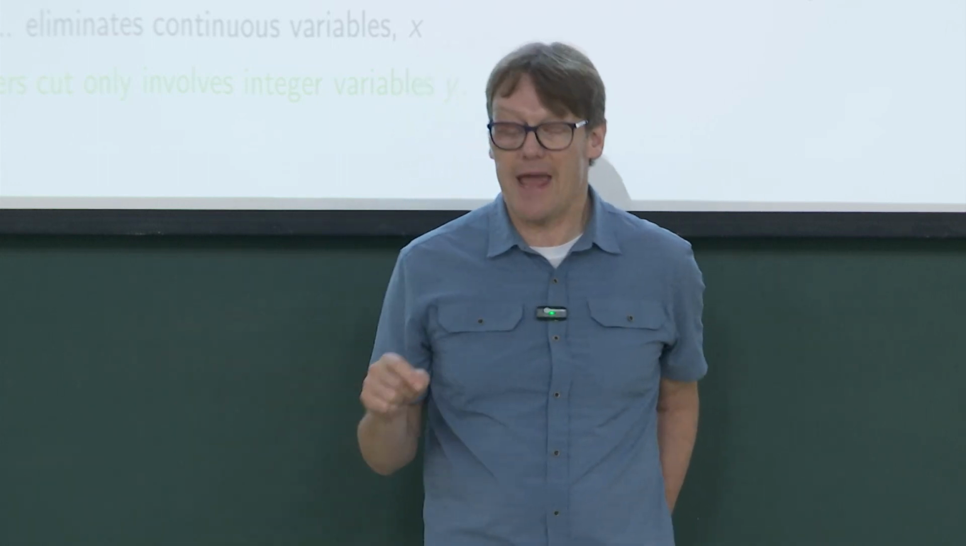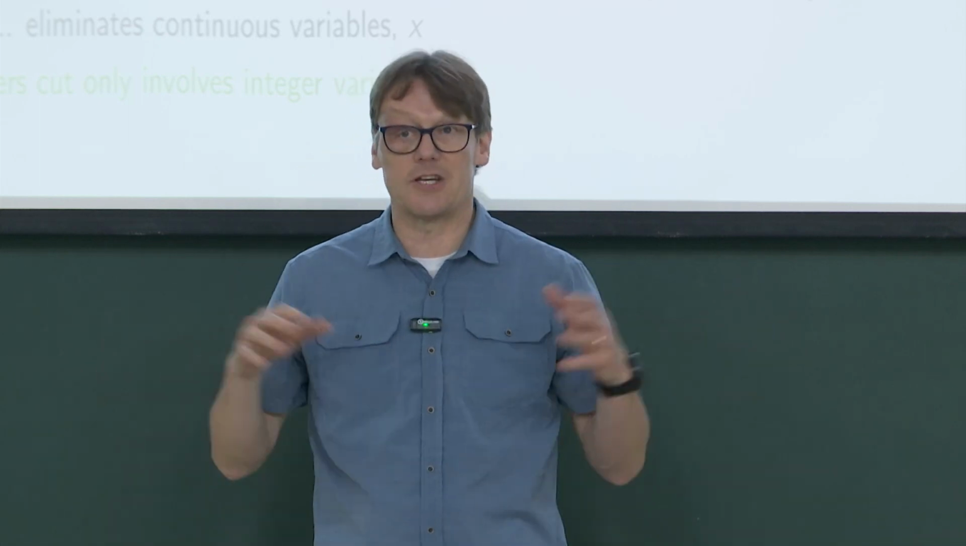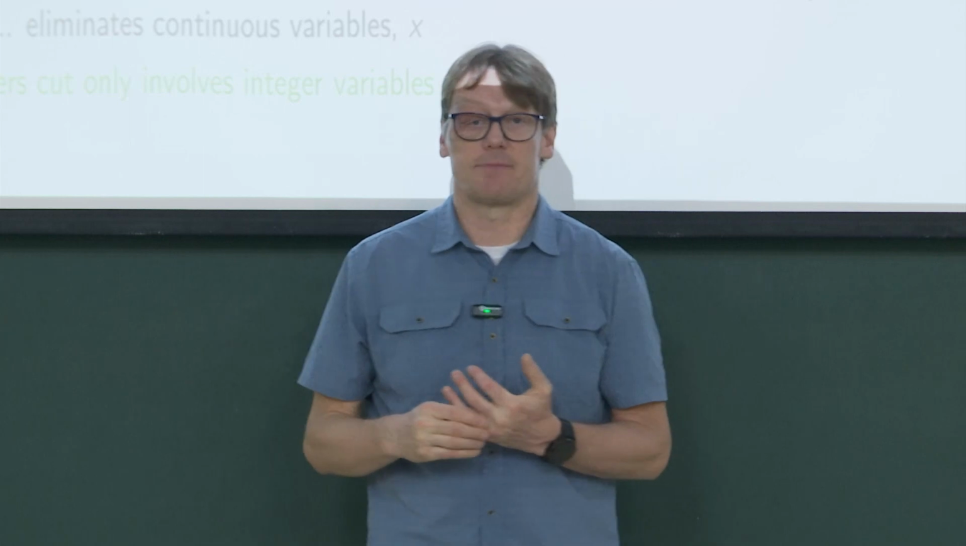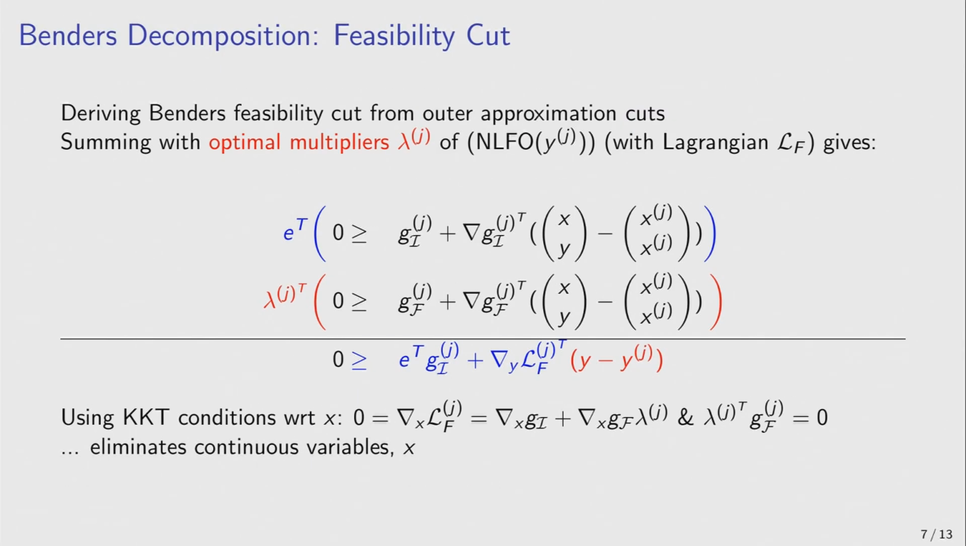So this Bender's master problem that we're going to write down next will have one continuous variable and all the other variables will be integer. So that could potentially be a smaller problem, especially if you have a lot of continuous variables and only a few integer variables. Then this could be a really nice approach. Okay,